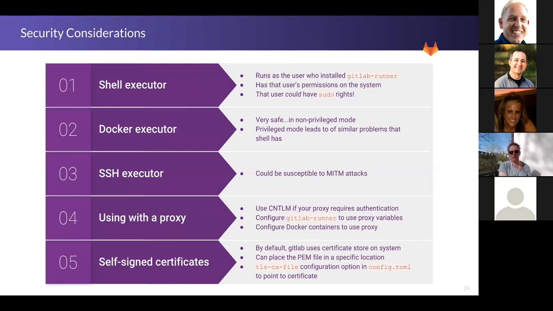Yeah, sure, it's a tricky discussion. One thing I would say at first is, if you're auto-scaling runners, it takes away a lot of that concern, because even if you're running in privileged mode, it's a machine that you could theoretically care less about.